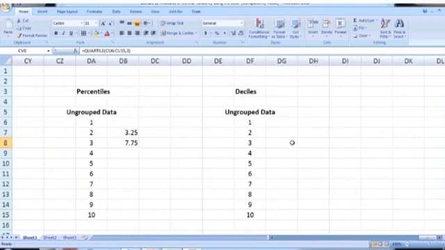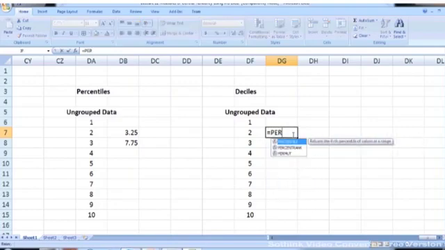So now we discuss how to calculate deciles in MS Excel. Since deciles are the same as percentiles, the command is same. There is no command in MS Excel for the deciles. We can use the percentile command in order to calculate deciles.